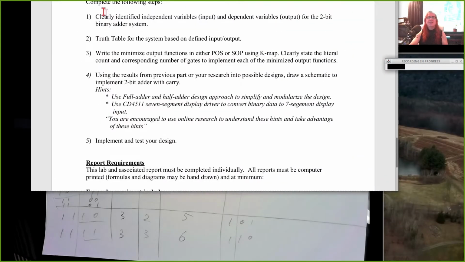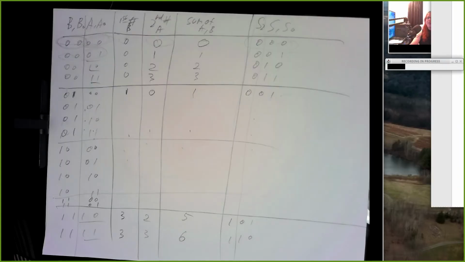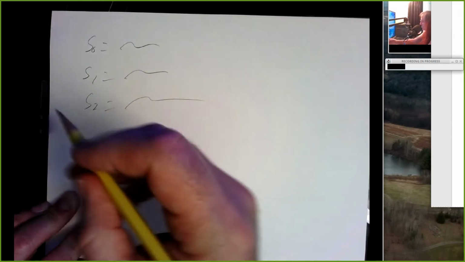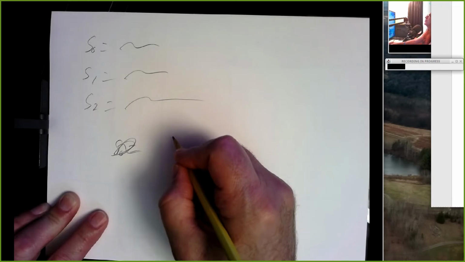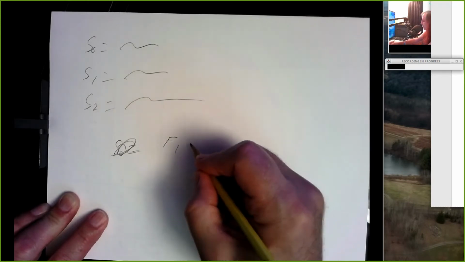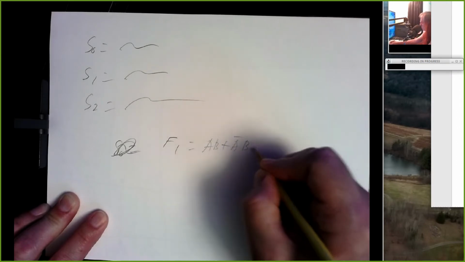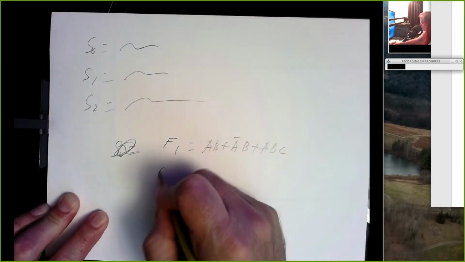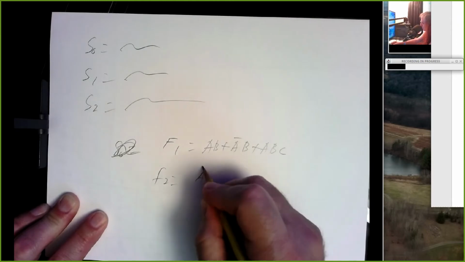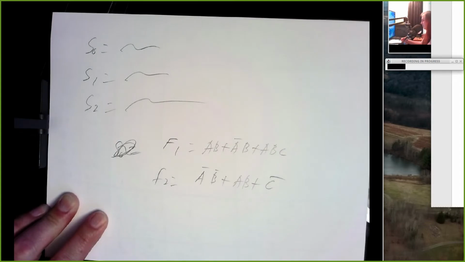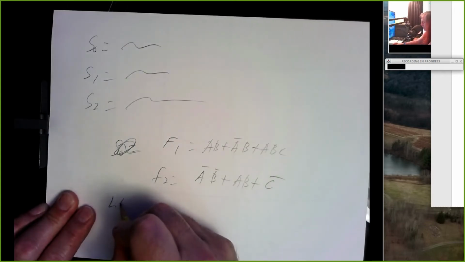Alright, and then this asks, state the literal count and number of gates to implement each of the minimized output functions. So literal count says something like this. Well, let me use F because these aren't going to be the actual S's you end up with. So if you do F1 equals AB or A bar B or ABC, and F2 equals A bar B bar or AB or C bar. So literal count